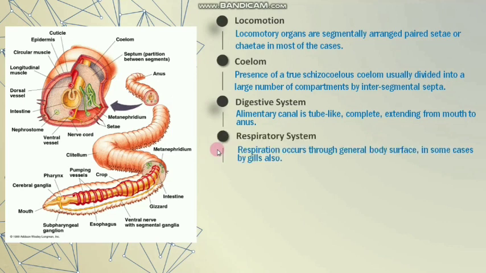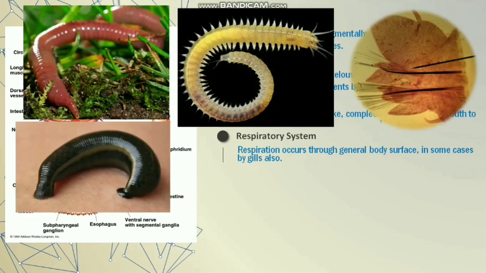Now, in case of the respiratory system, there is no specialized respiratory system present in Annelida. Instead, we can see the general body surface acting as the respiratory system. In some cases, gills are present. You can see here, the body surface of the Annelida is comparatively smooth. You can see slime glands which secrete a slimy substance that provides the liquid medium or moisture meant for the exchange of gases between the capillaries inside the body wall.